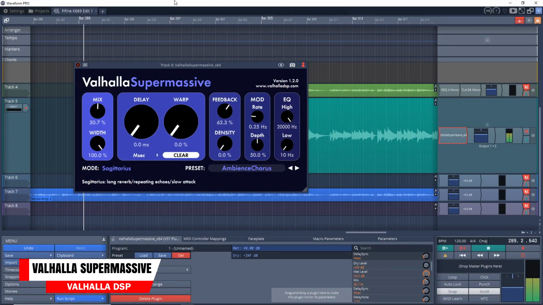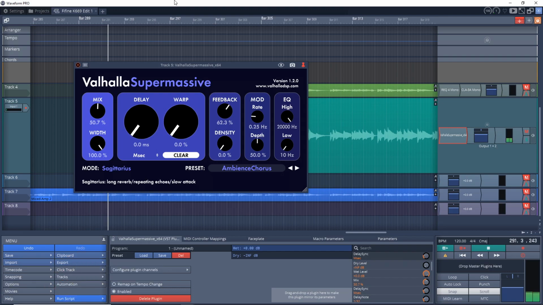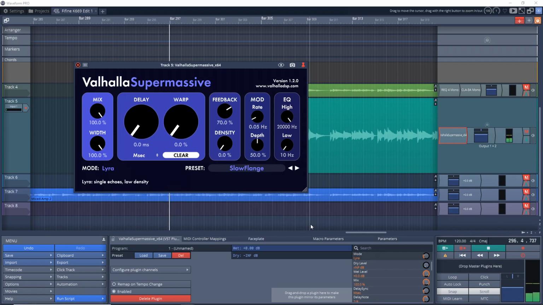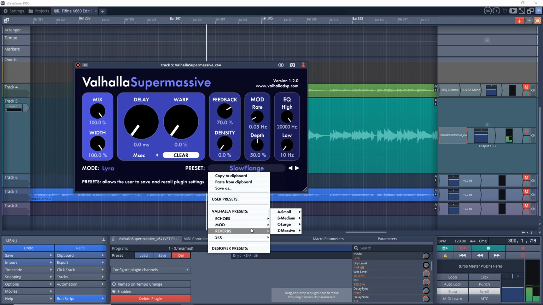Now, the next best free reverb plugin on the list is Valhalla Supermassive Reverb. This is an algorithmic reverb that's capable of creating some huge reverb and echo sounds. It has over 10 modes, which are the algorithms, and each mode has its own character and sound. This could be your one and only go-to reverb for pretty much any situation. It really lives up to that name, Supermassive, and it sounds great. You can get Valhalla Supermassive on Windows and Mac.